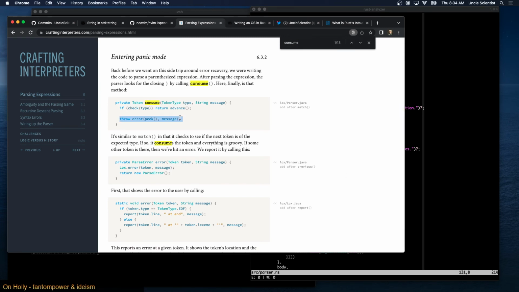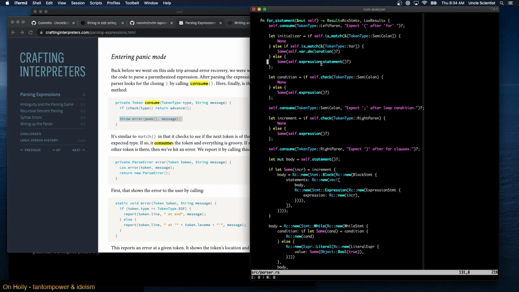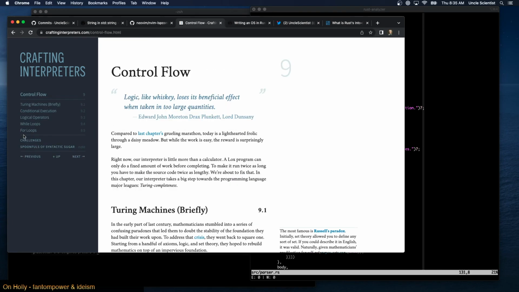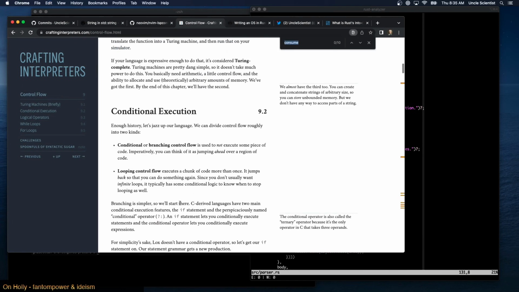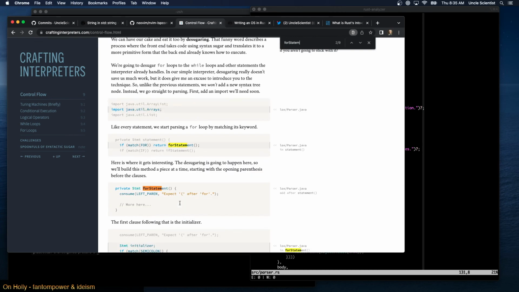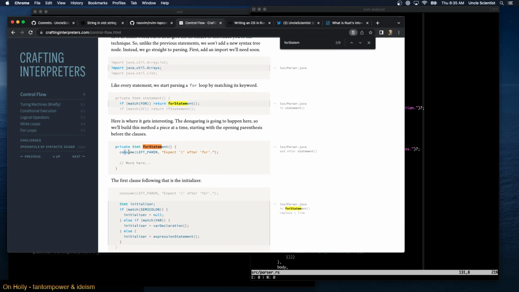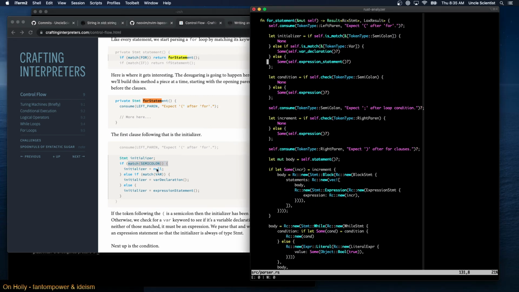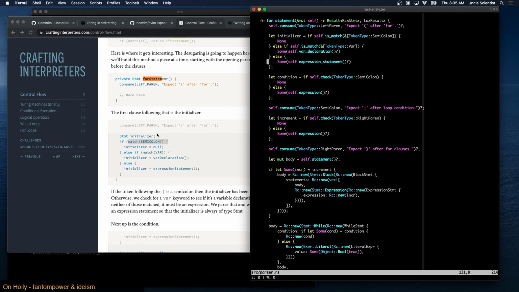So consume throws an error, right? So it throws an exception, which means that we're doing the right thing in terms of consuming the open paren. If we look at control flow and our for statement, if this fails, we're going to throw. Oh, here, we're checking match on semicolon. Then the initializer is null.